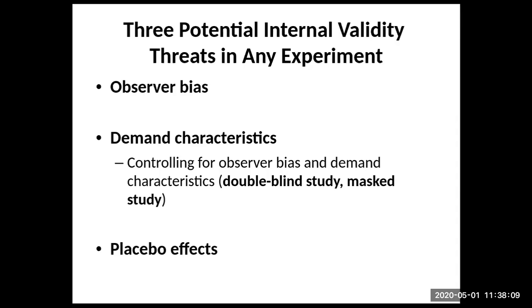One of the coolest designs that I got from students when they did their experiments in my class was they wanted to look at low cognitive load and high cognitive load and things like that. And so they did a memory test. A masked study means that the participants don't actually know what's being studied. I know that sounds manipulative, but it actually ends up working out pretty well, as long as you're not tricking people and messing with them, right? So in this example, they had people watch videos of, I think, Family Guy, and they were looking at